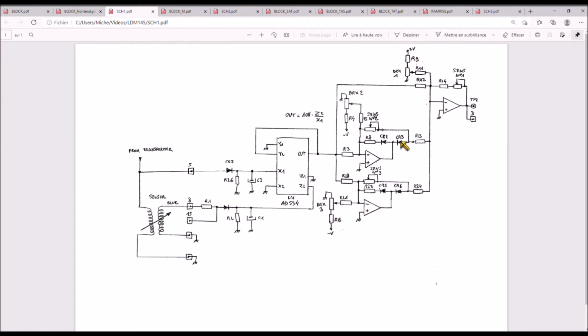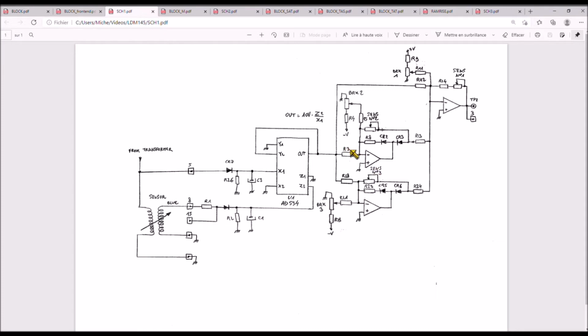In this case, this diode is conductive, and this circuit is equivalent to an amplifier with a negative gain, which depends on the ratio between this trimmer and this resistor. And there is a sink current flowing into this resistor, and this current is subtracted from the current flowing into this resistor, R12. So this permits to reduce the gain because the current which will flow into R14 will be lower. So the threshold is defined by this potentiometer.